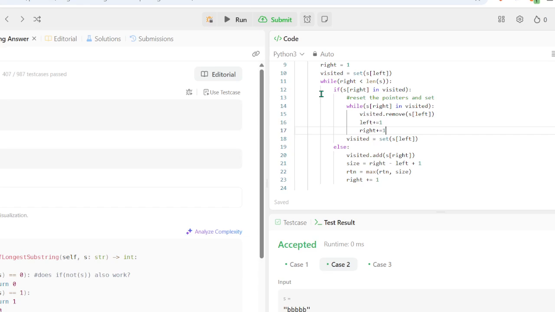And remove L, the V. And then we move R to F.